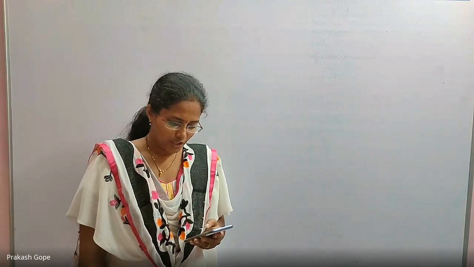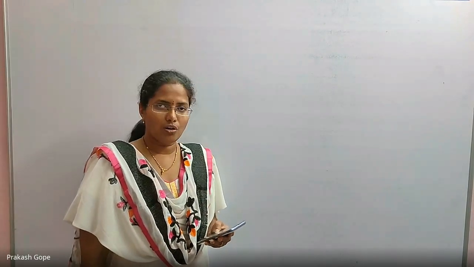Next question. 9th question. A list of n strings, each of length n, is sorted into lexicographic order. Lexicographic order means dictionary order. If the first two characters are the same, we sort on the second character. If they are also the same, the third character. This is dictionary order or lexicographic order. Using the merge sort algorithm, so we are sorting n strings, not n numbers. N strings, and the string length is also n.